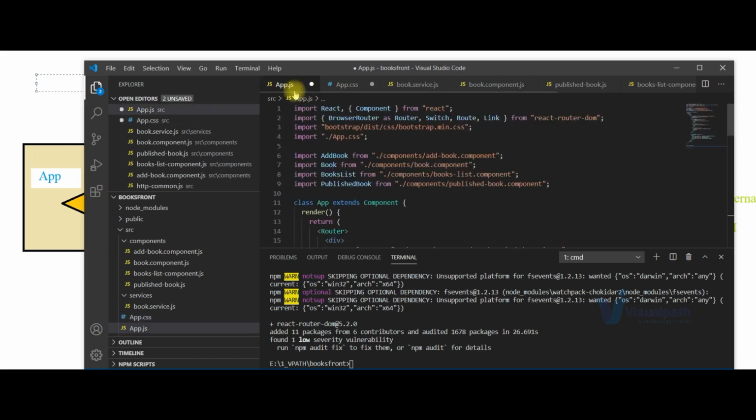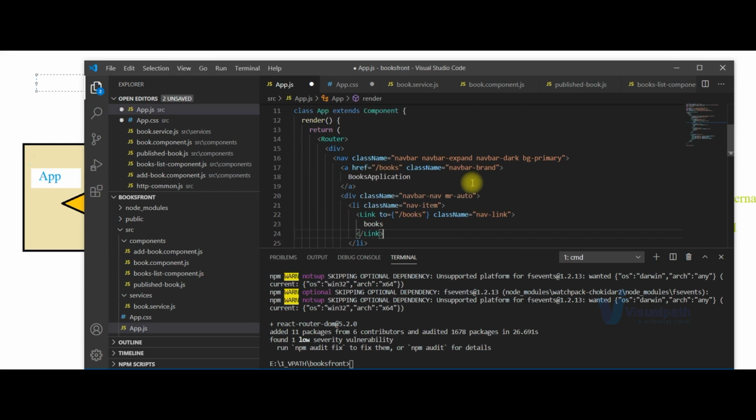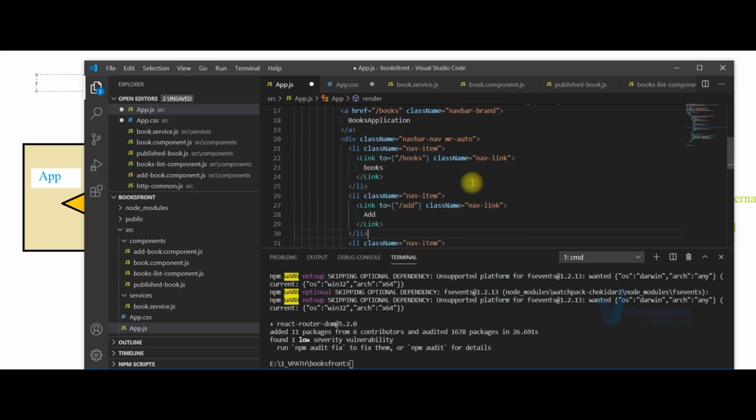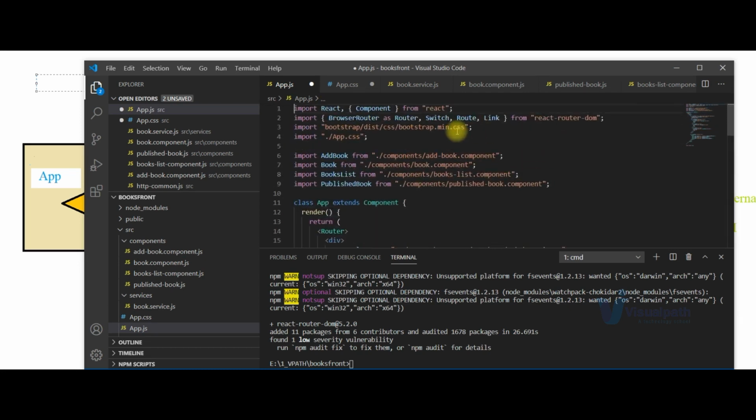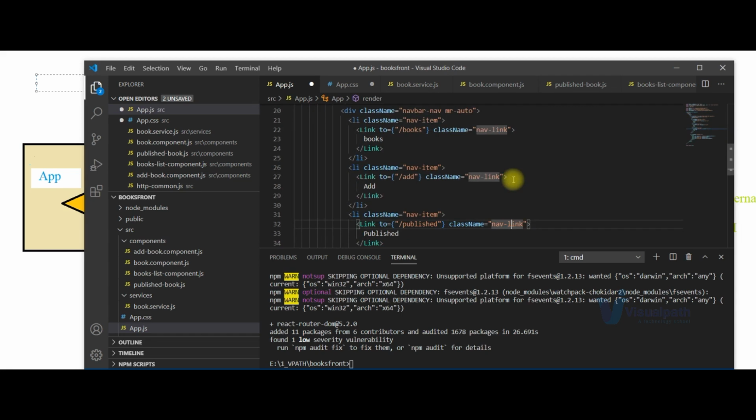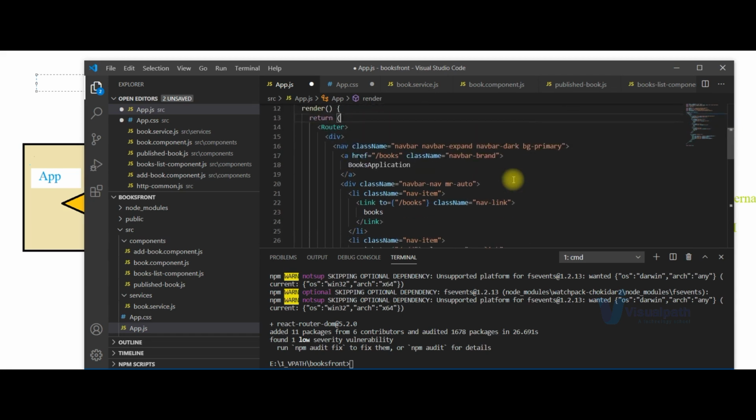So for whatever elements are there in the app, if you want to change them, you can change the entire application. Whatever you want to change, you can change. Here I am using the link. How am I able to use this link tag and all? Because I am using React router, browser router as a router, React router DOM. Using that I can get switch, route and all those things directly. Now if you observe here,